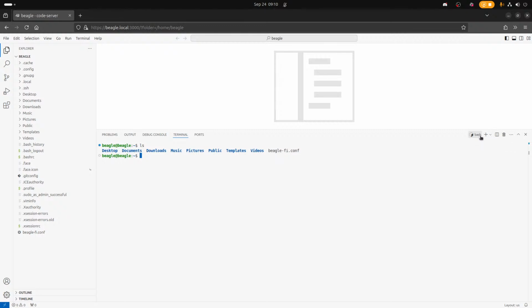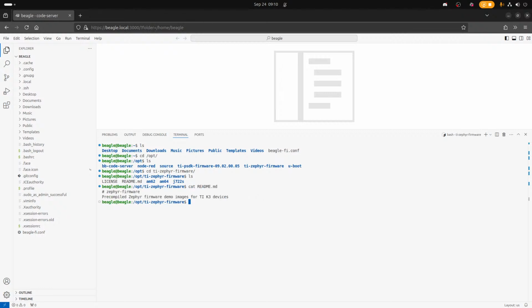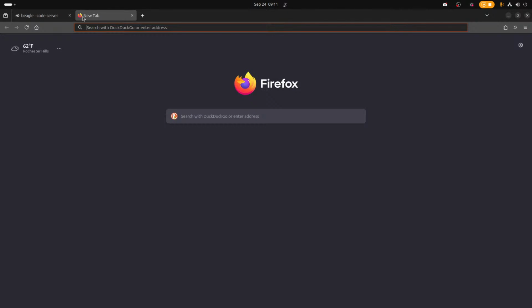Well, I mean, we looked around at the different sources, right? And I didn't know that, like, here in /opt, it's TI Zephyr firmwares, right? So some contributions from TI. I didn't realize that they had done these builds of firmware that we could use that were already loaded in the images. Robert is building those in our CI using the BeagleY-AI fork from Andrew.